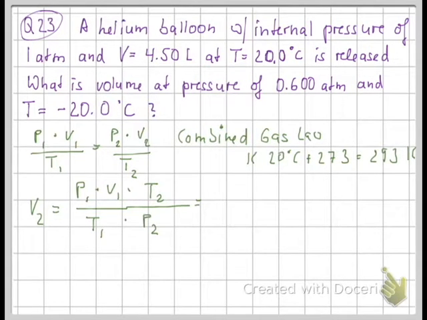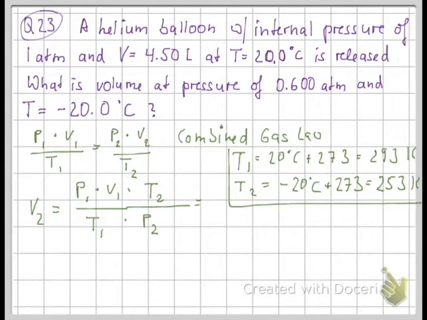Kelvin. T1 equals... T2 equals minus 20 degrees Celsius plus 273 equals 253 Kelvin. Alright, so this is our temperature conversion, and I'm